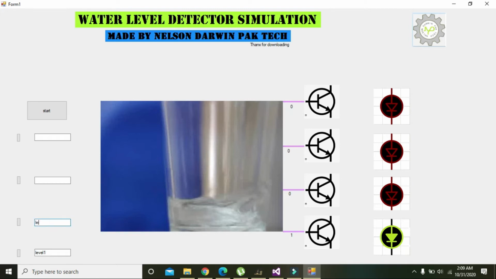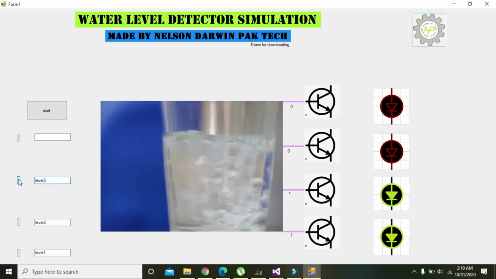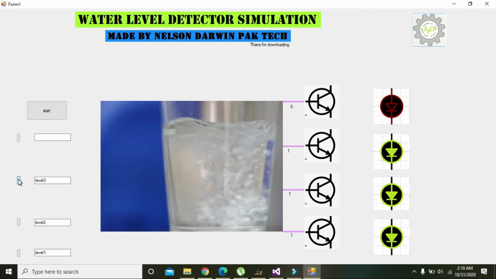Now we will write level 2, and we will again press the button. Now again we will see that the water level rises up to a certain level, and both the bases of the lower transistors are getting 1 on their base pin. So we will write level 3, and when we click it we will see that our third transistor is now on